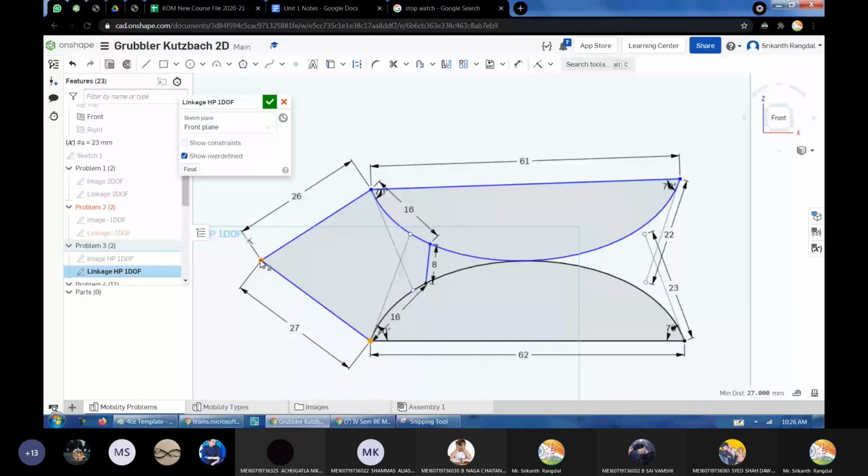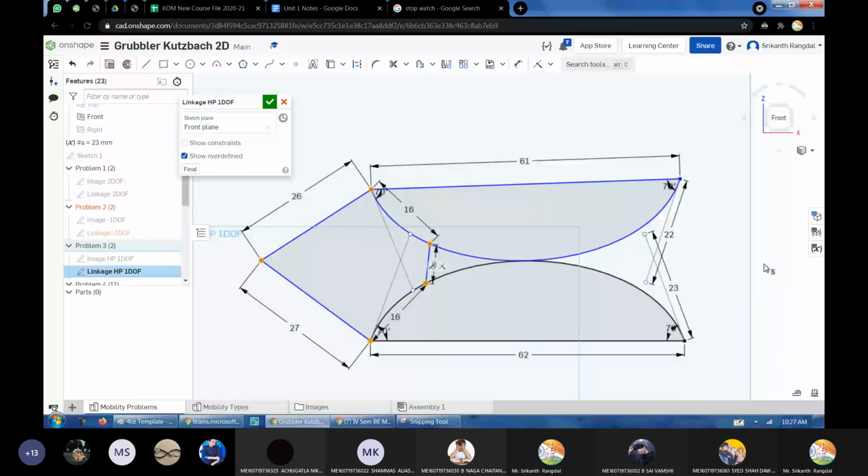This is another binary joint. This is where the D-shaped link and this straight link are connected. Only 2 links are connected, so again this becomes a binary joint. And this is also a binary joint. So how many joints have I highlighted? 1, 2, 3, 4, and 5. So 5 binary joints are there here.